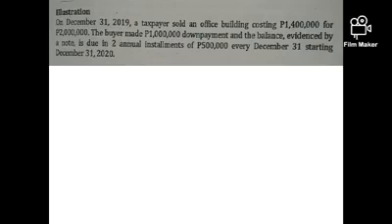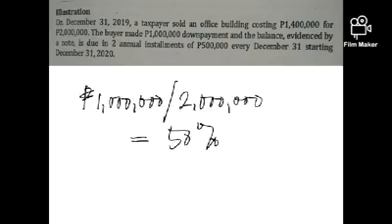In this illustration, we cannot use the installment method since the initial payment ratio is already 50%. So that is 1 million pesos down payment. So the initial payment component is already there, and there are no other payments made during the year of sale. So 1 million pesos down payment divided by the 2 million pesos is 50%. And then take note that the requirement in the installment method is that the initial payment ratio must not